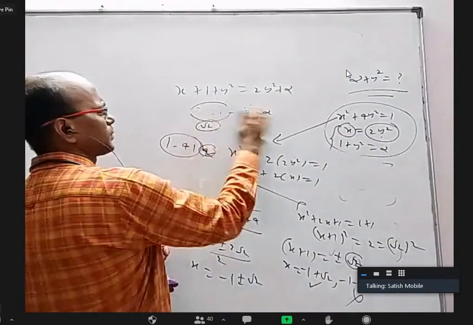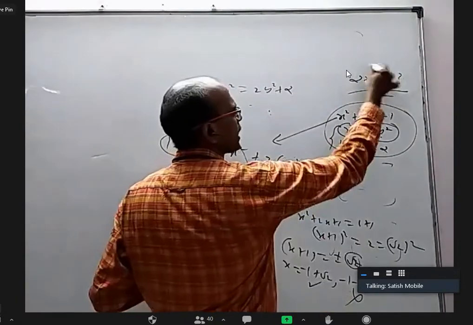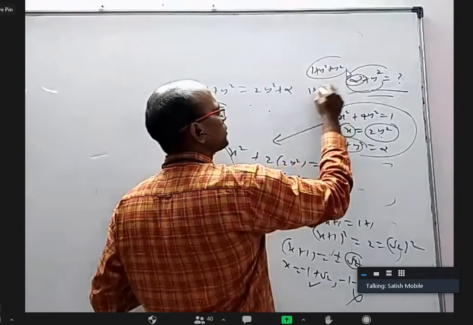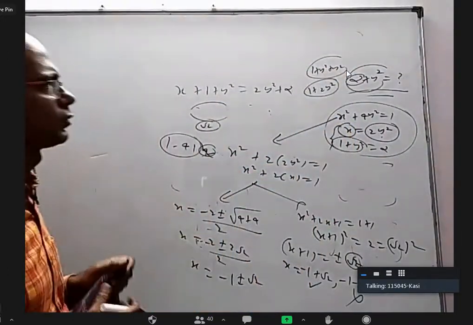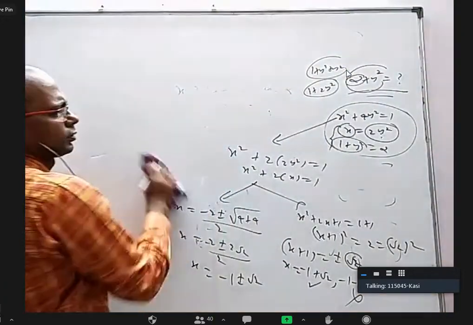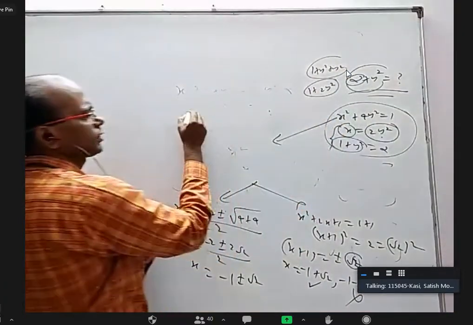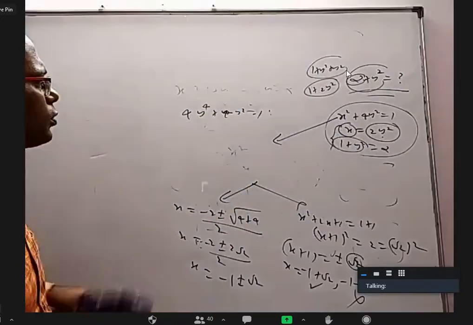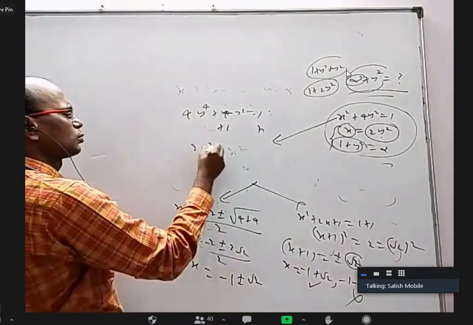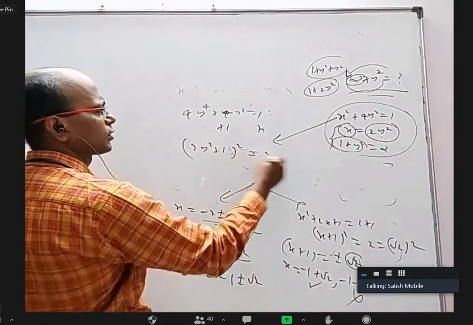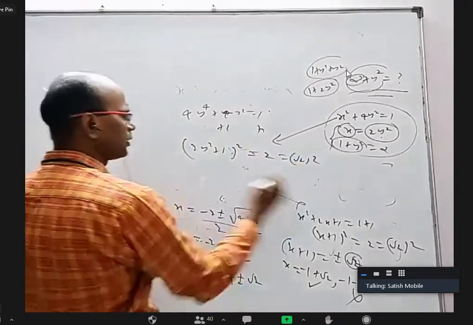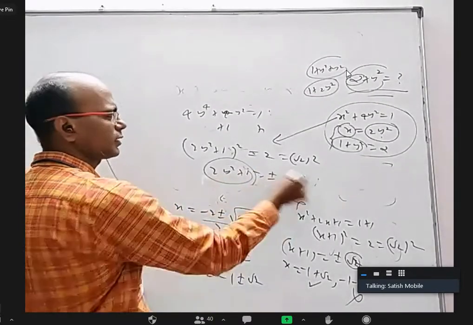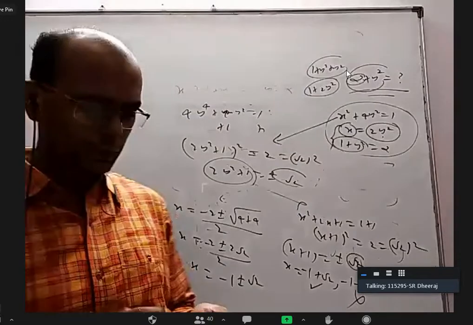In fact, why this x plus 1 and all? If you want alpha plus y square, simply in place of alpha substitute this, you will get 1 plus y square, which is 1 plus 2y square. In place of 2y square, we can substitute x. Similar process, you can do it. In the equation 4y square plus 2y square whole square equal to 1, add 1 on both sides. This is 2y square plus 1 whole square equal to 2. This is easier because you'll get root 2 whole square. You'll get 2y square plus 1 equal to plus or minus root 2. This is positive, so why take minus root 2? Reject it. Directly plus root 2 will come. That is easier. Right?